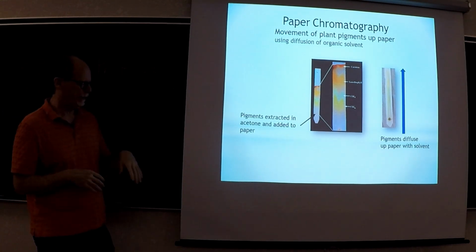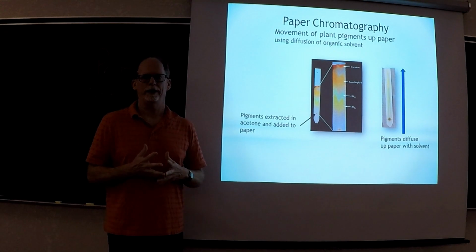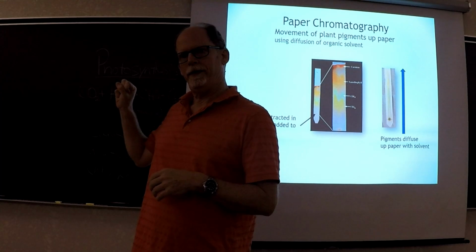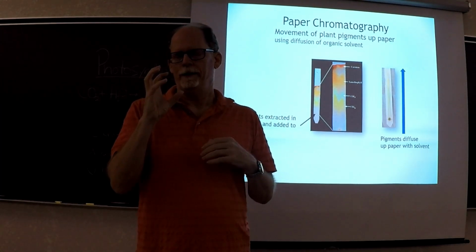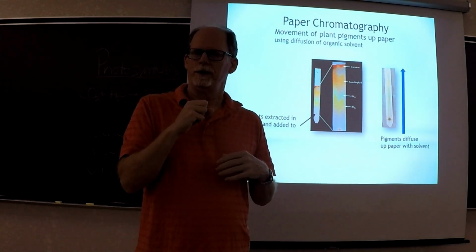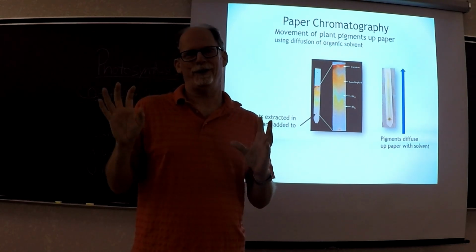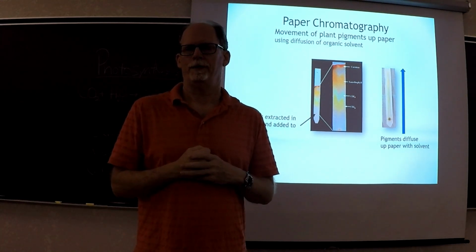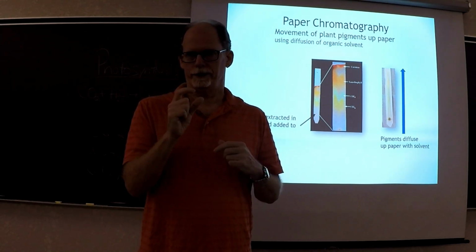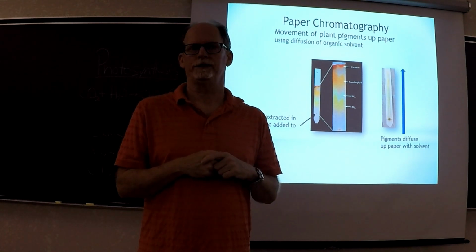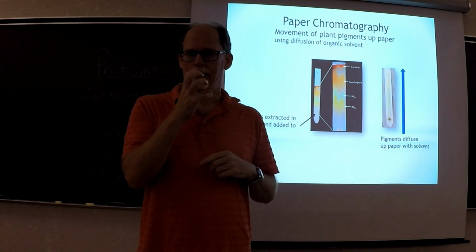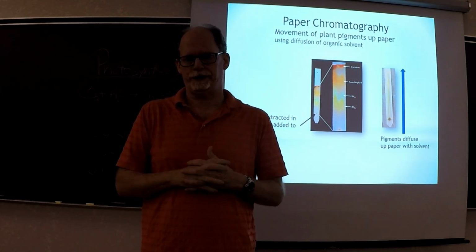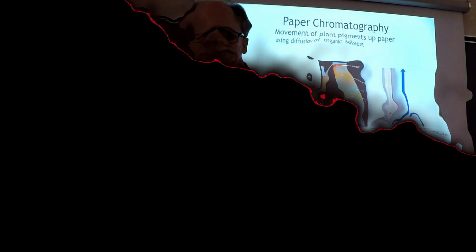I explained plant pigments are used by the plant to grab light, and then I'll explain in class how that energy is then captured. I don't know all the details of it, but that energy is captured in the chloroplast of a plant cell, right? The cells of the plant have chloroplasts, and then that energy is captured to provide energy for the photosynthetic process. Okay, so that's it for this